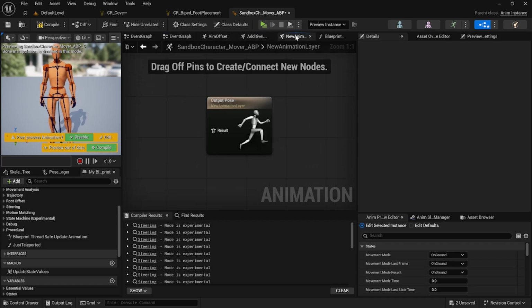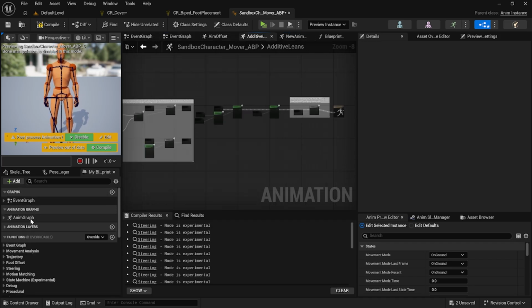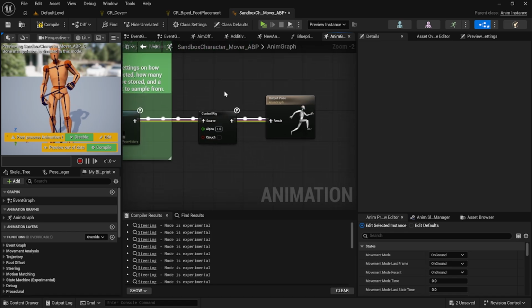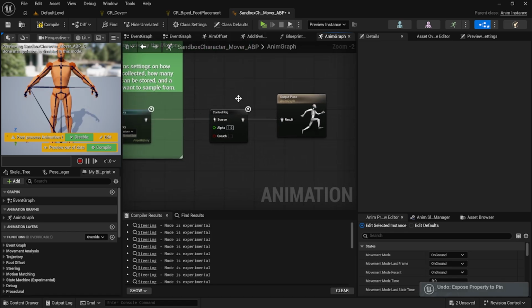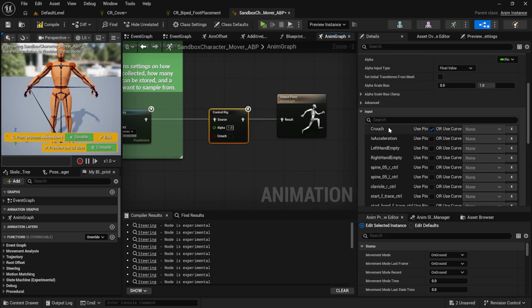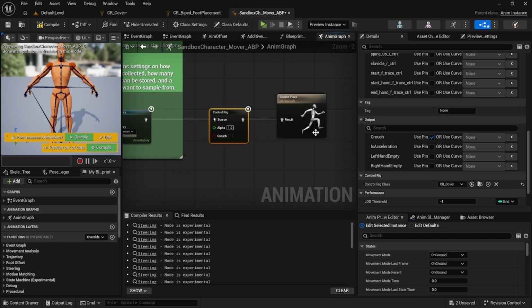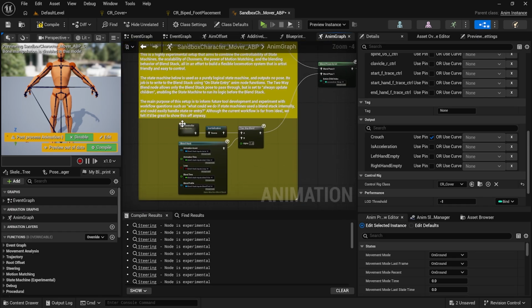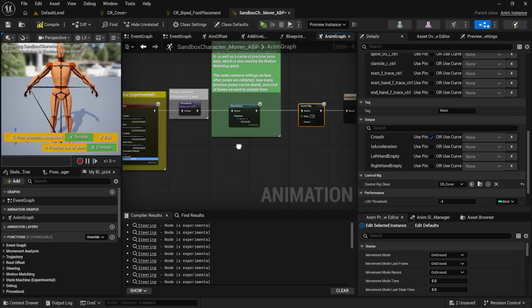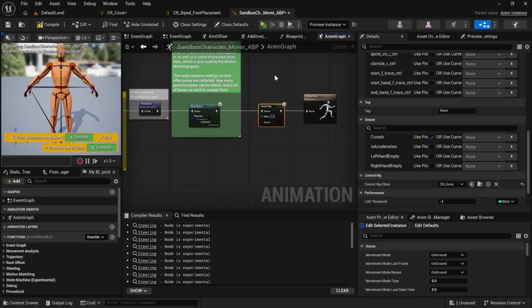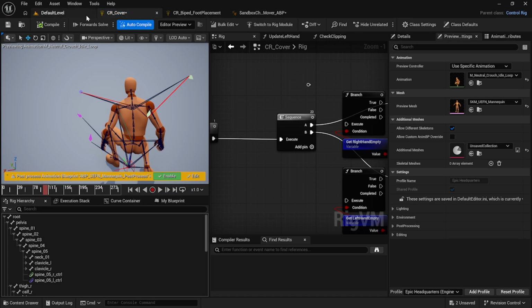But we have a bit of an issue because we have no output. This doesn't mean that we will have a pin here and we will get some variables that are calculated in the control rig, and then we can reuse them through our animation graph, like for applying some additional poses or else. So what I got to do is to figure out how to